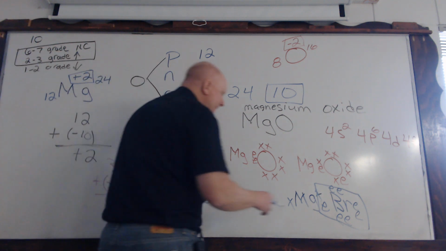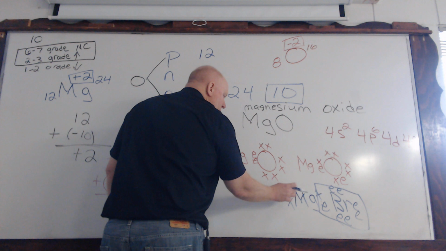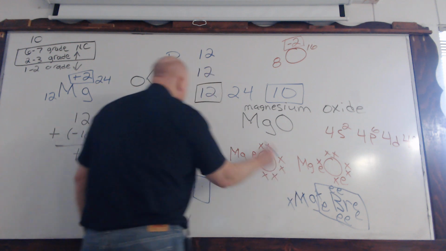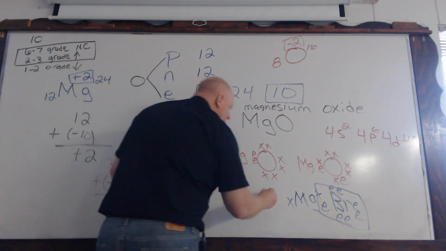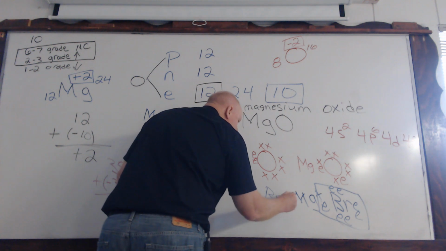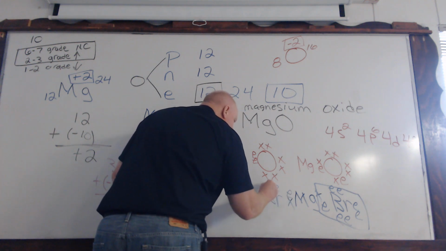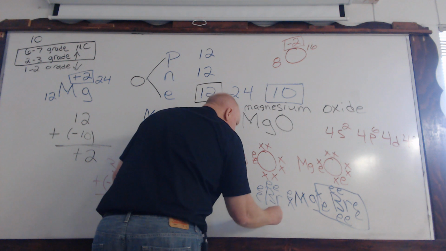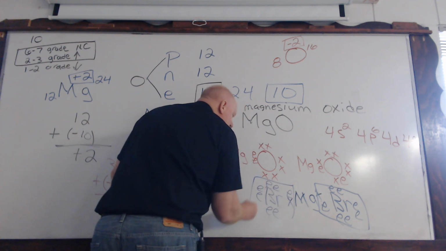Yeah, magnesium and bromine. So can we put another bromine here? I mean, we've got 2 of them to account for. Yeah, magnesium's giving away 2, and bromine's only missing 1. So it's good. We give one to both of them. So magnesium